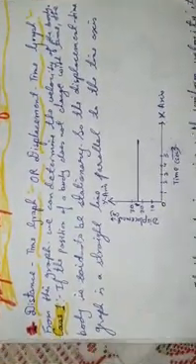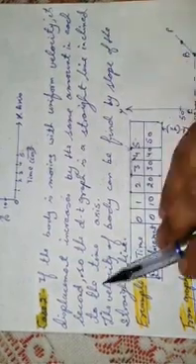First part, case 1. If the position of a body does not change with time, the body is said to be stationary. So the displacement time graph is a straight line parallel to the time axis. Here you can see from the figure. This is a straight line parallel to the time axis. Now see the second case. If the body is moving with uniform velocity, its displacement increases by the same amount in each second. So the displacement time graph is a straight line inclined to the time axis. See this figure? It is inclined to the time axis.